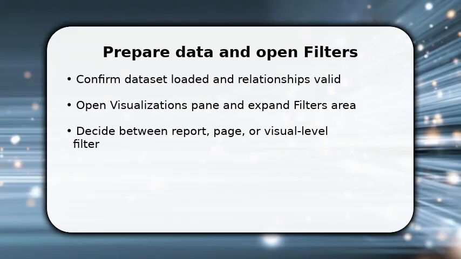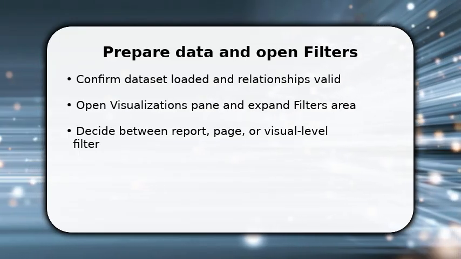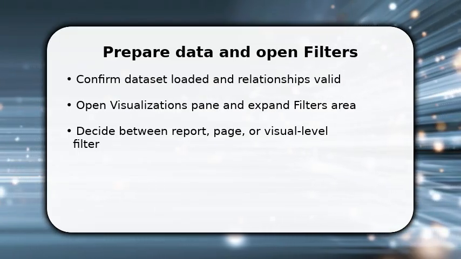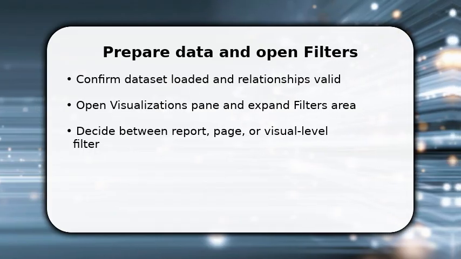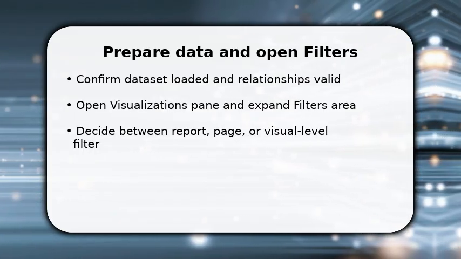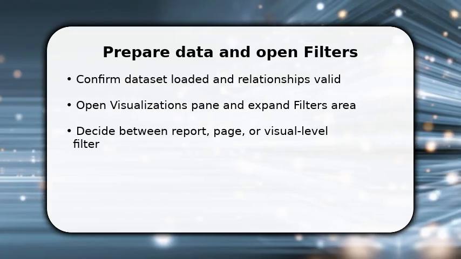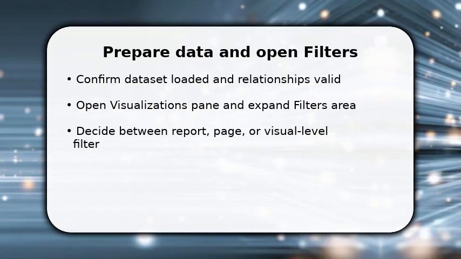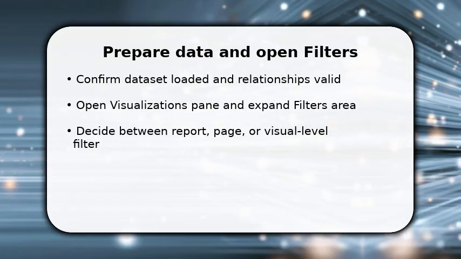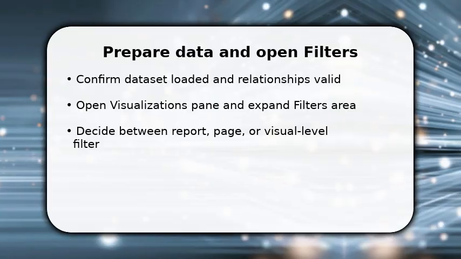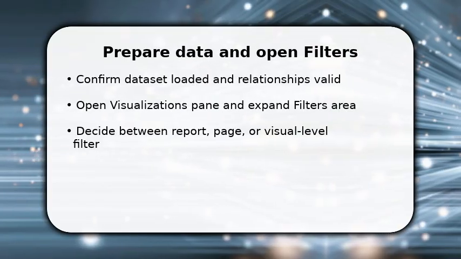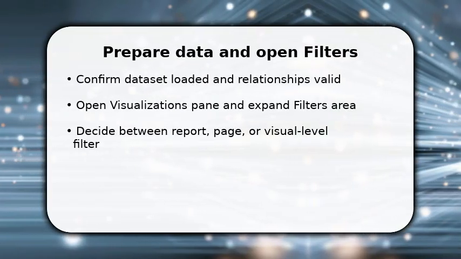You start by verifying your data model and relationships so filters behave predictably. This prevents unexpected exclusions. Next, open the Visualizations pane and expand the filters area to reveal report, page, and visual levels. Once done, choose the appropriate filter scope: report for global, page for contextual, visual for focused analysis, because scope